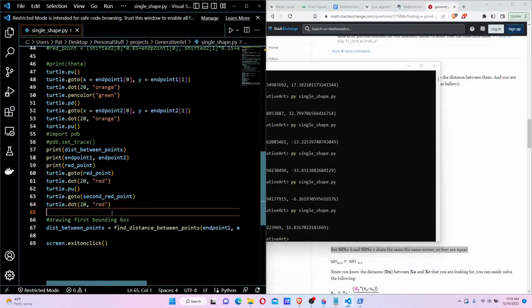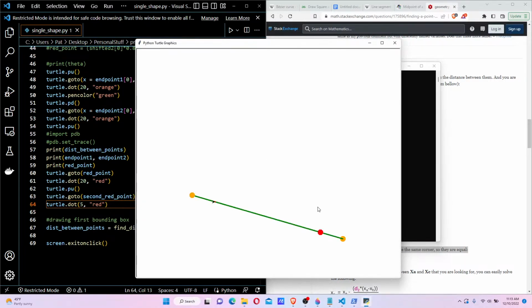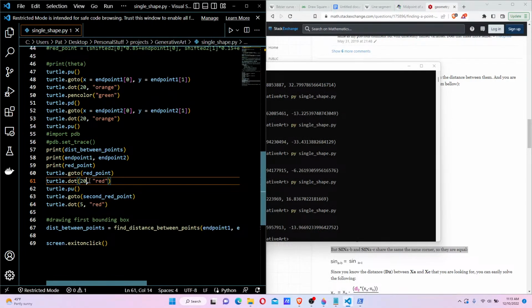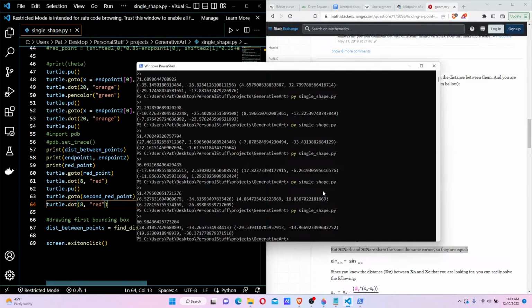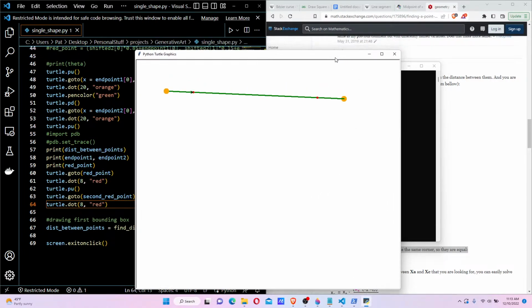Okay, now let's make the red points smaller. Maybe 5. See what that looks like. Oh, only one of them was 5. Make it 8 instead. Okay. Nice. So now that we have the red points,